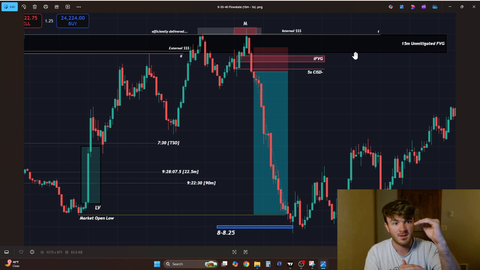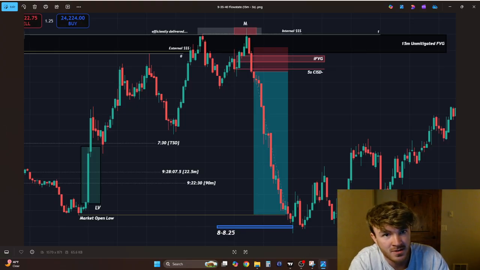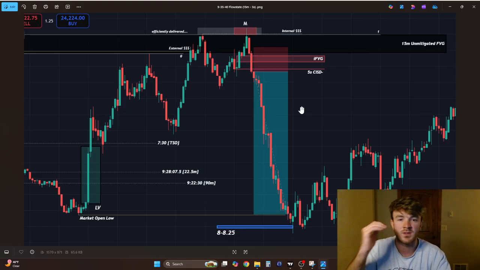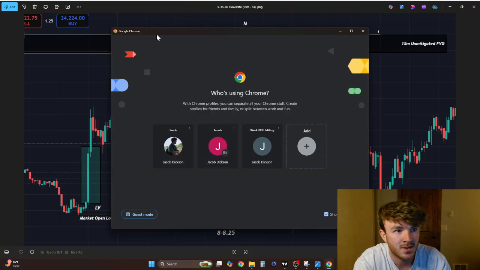But if it's a bigger, wider gap, but it's like still only a 15-minute, I might use an even higher time frame change in state. So once again, there's the default ones. If you don't know the default ones, I can actually pull that up real quick. The default ones,